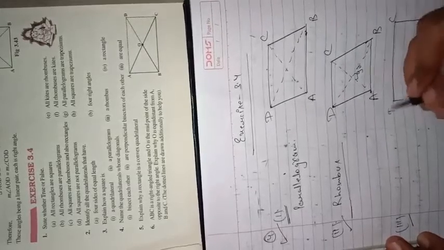So students, after this, question number 4, third part: diagonals are equal. If you remember, the diagonals are equal in the case of a rectangle. In a rectangle, the diagonals BD and AC are going to be equal, and the same holds in the case of a square. So in a square, the diagonals are equal. These both are the kinds of quadrilaterals in which the diagonals are equal. Now students, let us discuss question number 5.